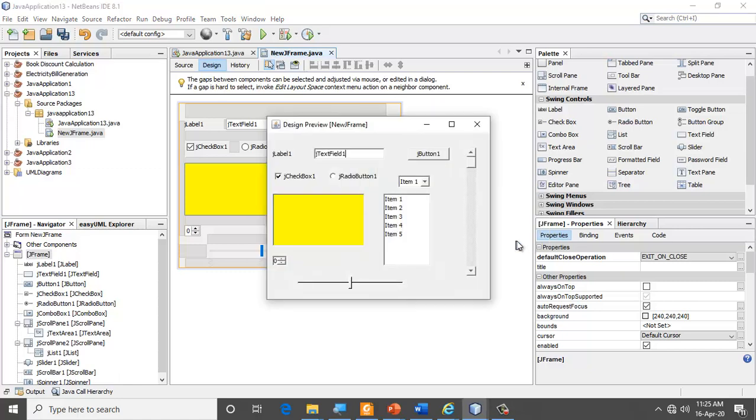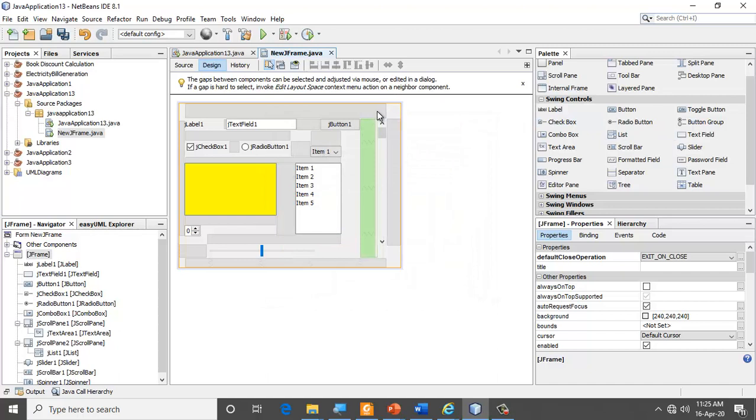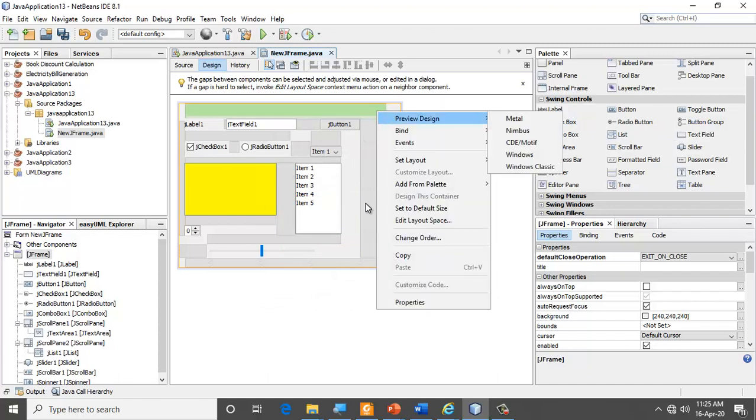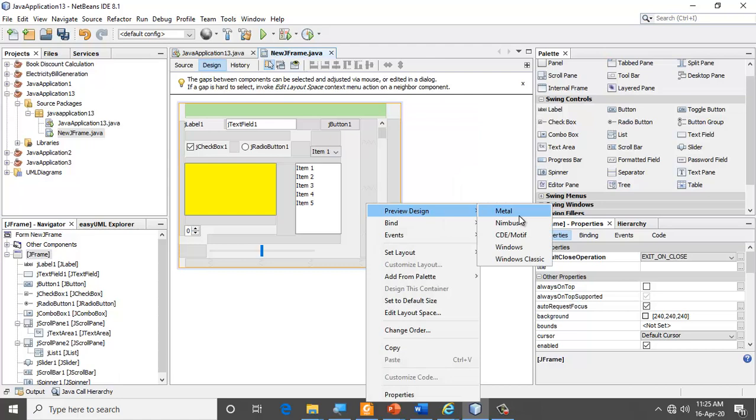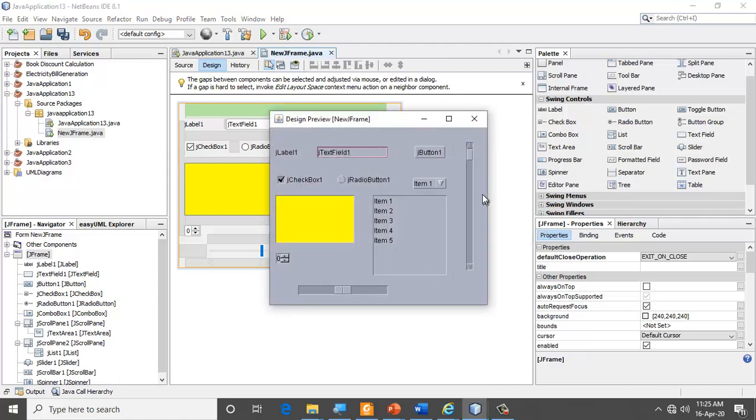Now then, if you look here, you will notice the old Windows Classic look for the text box, the drop down list, that is the combo box, the text box, everything has this Windows base look. Now if I change it to Motif, you notice that if you use that system, the appearance is slightly different. So you have a different look.